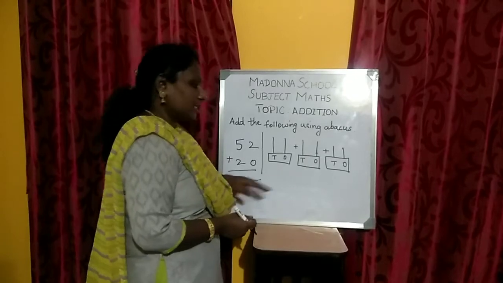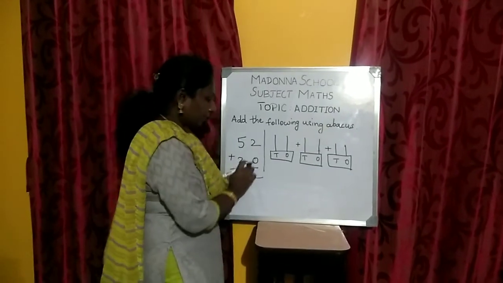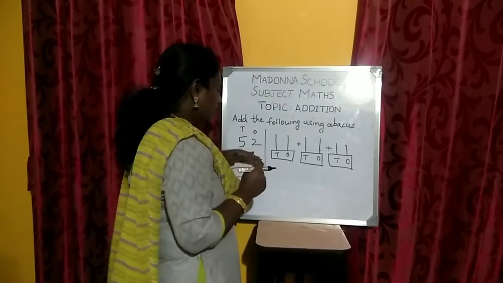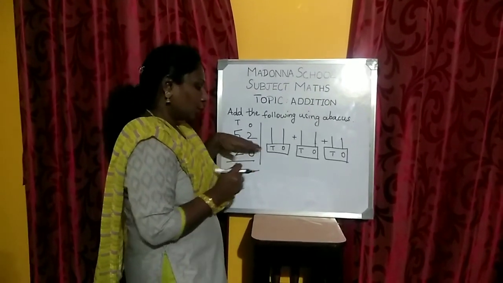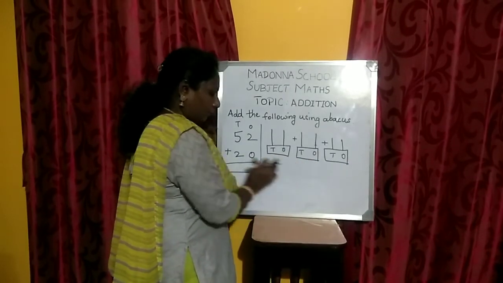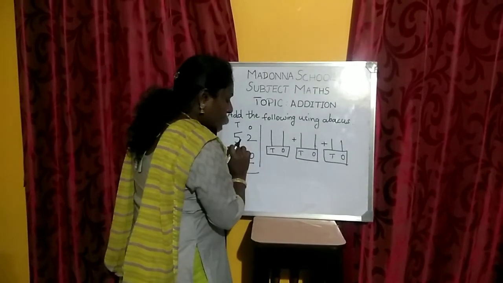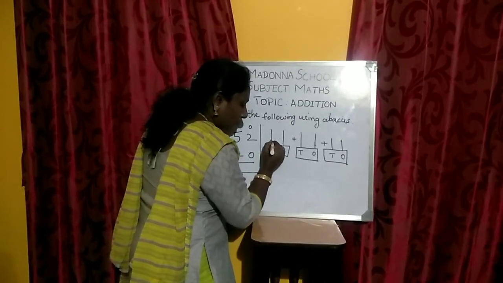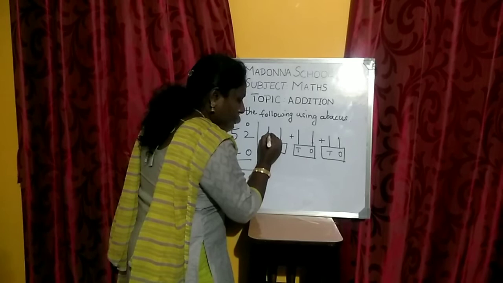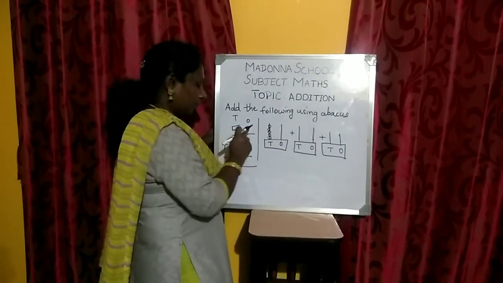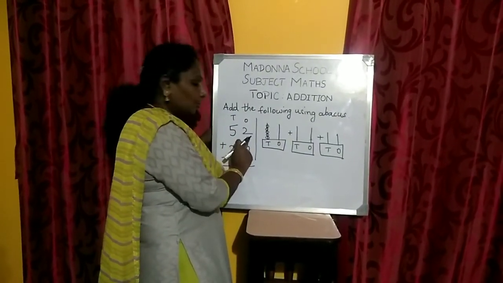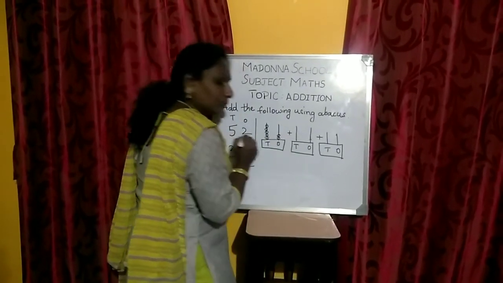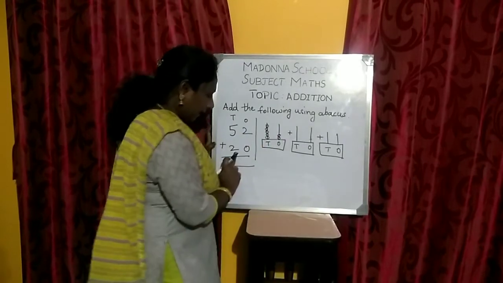So we will see another example, children. So here, write the place values, ones and tens. So what is the first number? 52. So here are two abacuses. For 52, I am going to draw 5 in tens place. It is in the tens place, so I am going to draw 5 beads. 1, 2, 3, 4, 5. Okay. So what is the number in ones place? 2. So how many beads should I draw here, children? 1, 2.